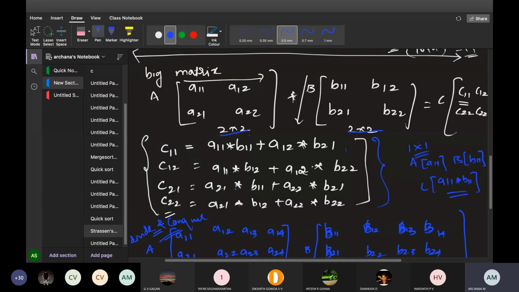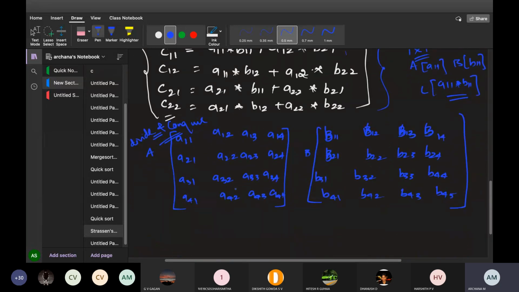So when you have a big problem which is having 4 cross 4, always see to that you make a matrix in such a way that the matrix should be power of 2s. Okay, always remember the matrix should be power of 2s. This is very important. For example, if you have 3 cross 3, make it as 4 cross 4. Anything which has odd numbers, convert that to 2 powers by adding zeros at the last. This is very, very important for divide and conquer, so that to solve the divide and conquer, it will be easy for us.